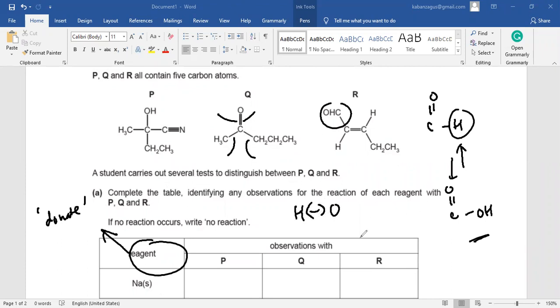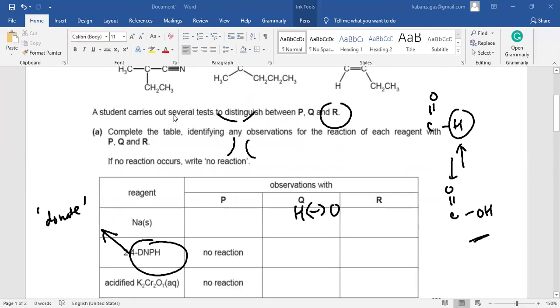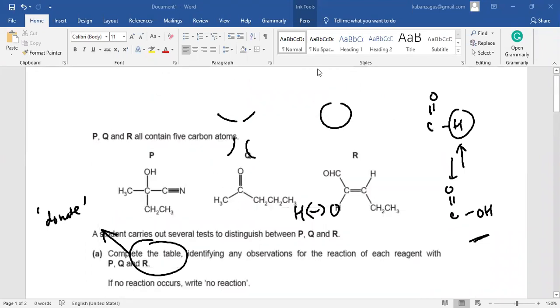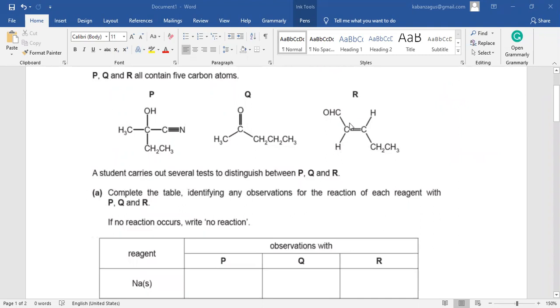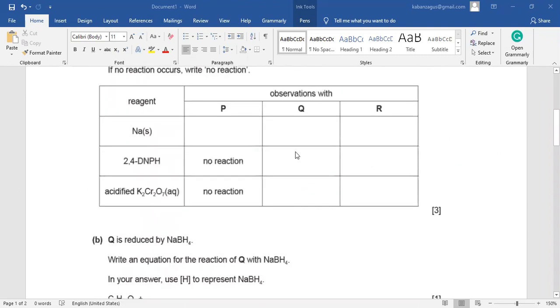All right. So therefore, for Q there is actually no reaction because in this case you don't have anything to thread in, but in R you have CHO. So definitely I can write here no reaction for Q, but R will give you green. Yeah, so it turns green. All right, why green? Because this one, okay,